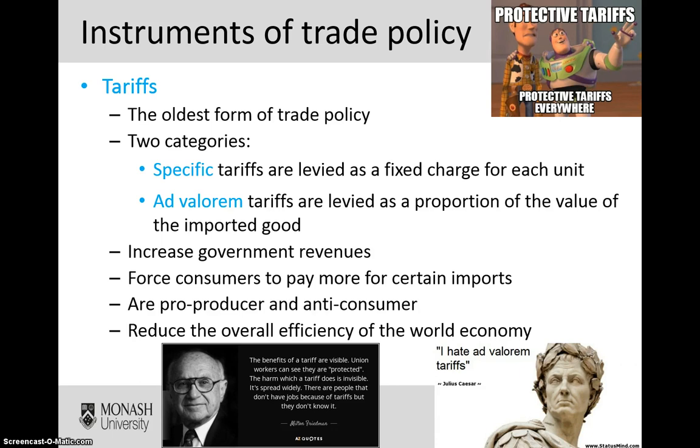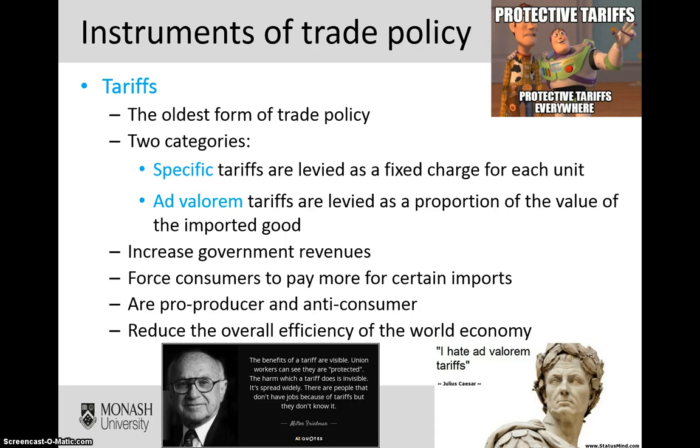Now, in terms of these two specific categories, specific tariffs are levied as a fixed charge for each unit. So imagine that an imported item is worth $10. There might be a specific tariff of $1 per item. So obviously every item that's imported into Australia goes from being $10 to having to be sold for $11 after